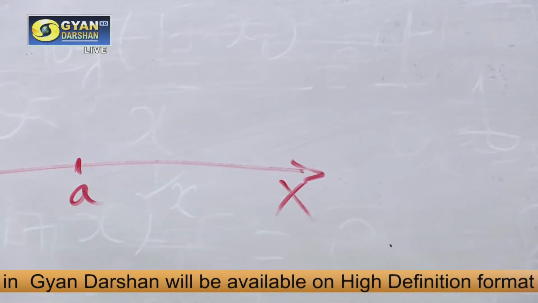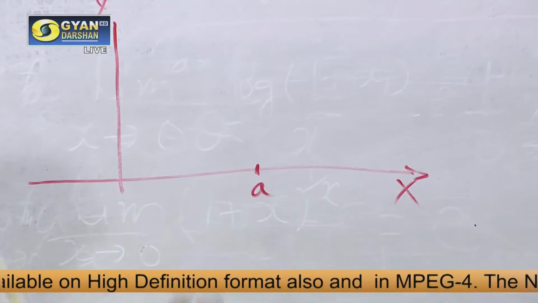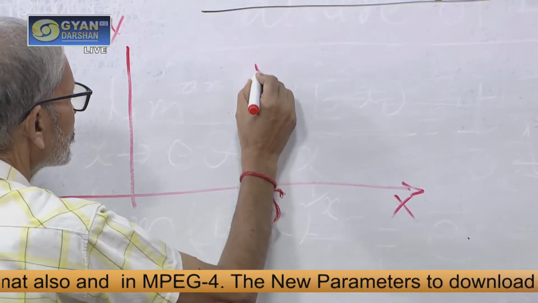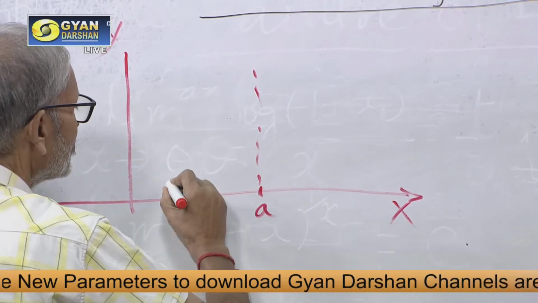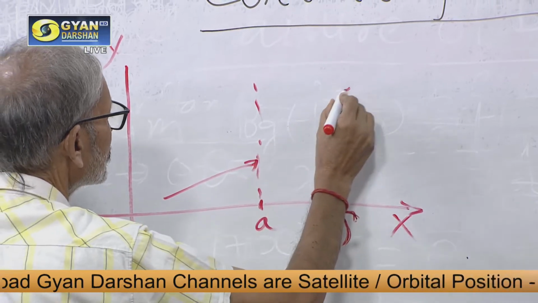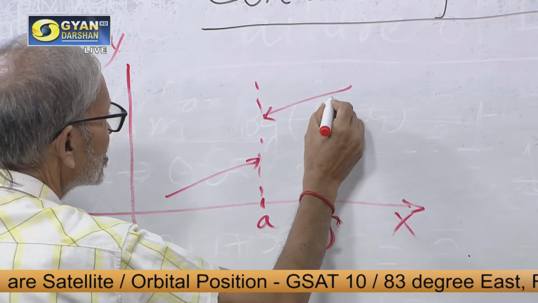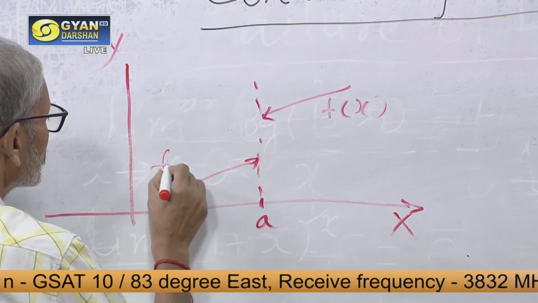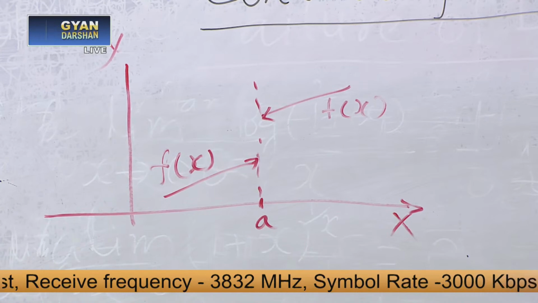First we will talk about continuity of a function at a point a. So, suppose this is f x, you can see